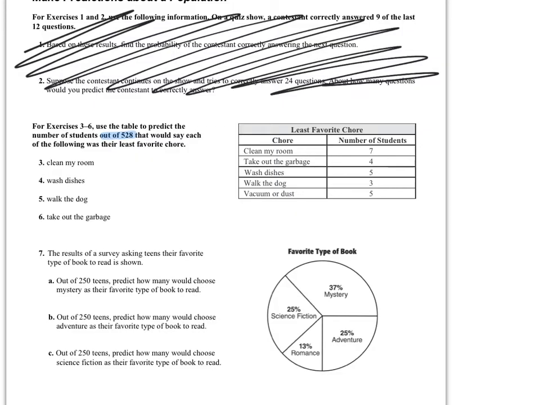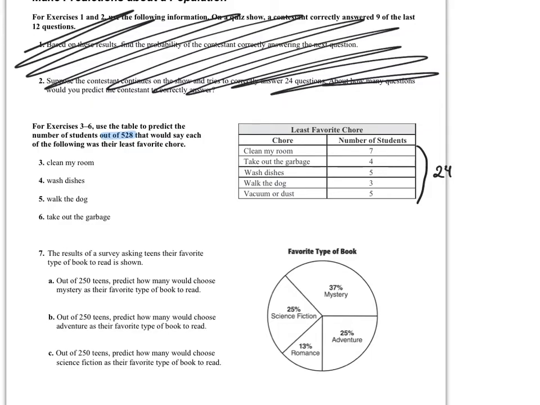So let's pretend that there are 528 students in your school. How many of those students, based on this table, would choose cleaning their room as their least favorite chore? To solve these problems, what we do is set up a proportion. But first, we're going to need to know how many students there were total in this survey. So let's add those up really quick. So when I added those up, I got that there were a total of 24 students who participated in this